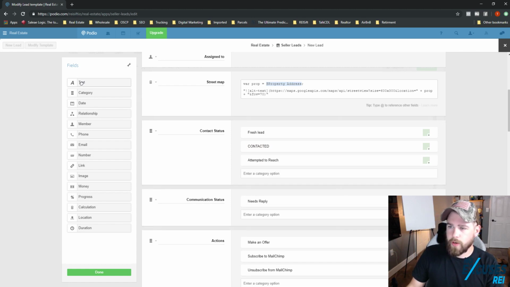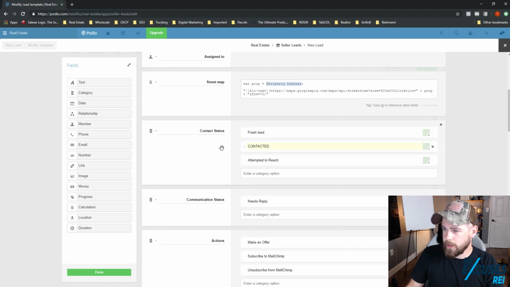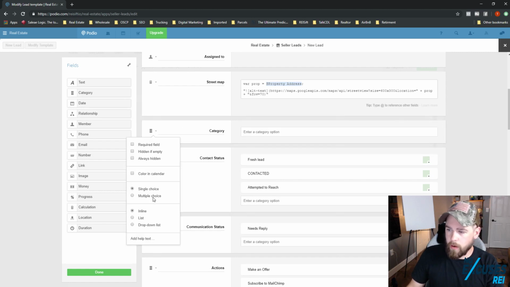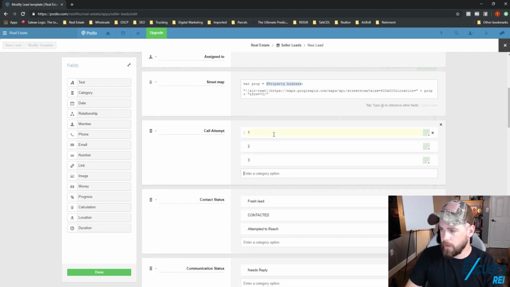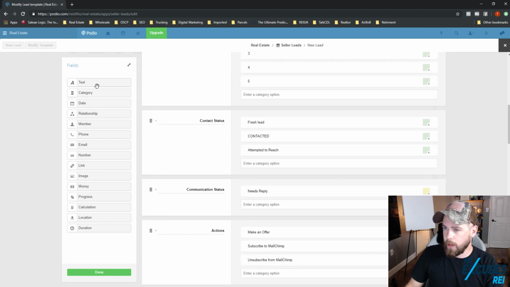All right, and then we're going to drag a text box over here. I'm going to put it up here, and we're going to say call attempts. I'm sorry, that's the wrong one. It's not a text box. We need a category, and we're going to click this drop down arrow here. Actually, we're going to leave it at single choice because I made that mistake once, and we'll now call it call attempt. And you can do 1, 2, 3, 4, 5. All right, and then we're going to create another category,